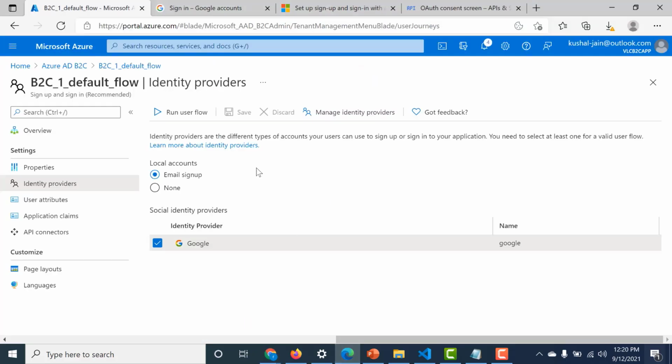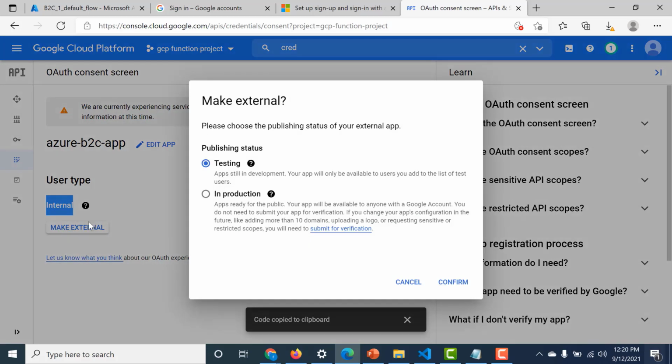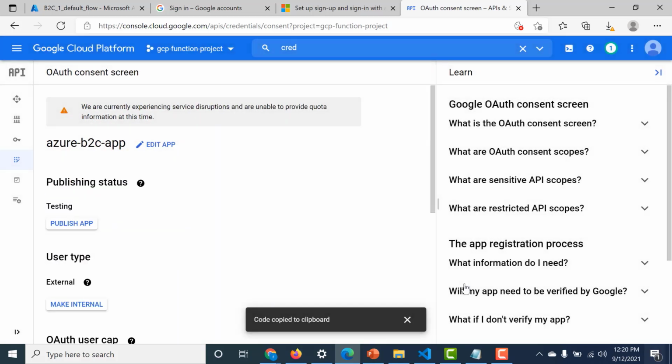So if I go back to my Google account and under the OAuth consent screen, what I had made this was internal. So only internal users within the organization can access this app. So what I need to do is make this external. So I'll make it external here, and it's only for testing. So I'll click on testing here and I'll click on confirm.